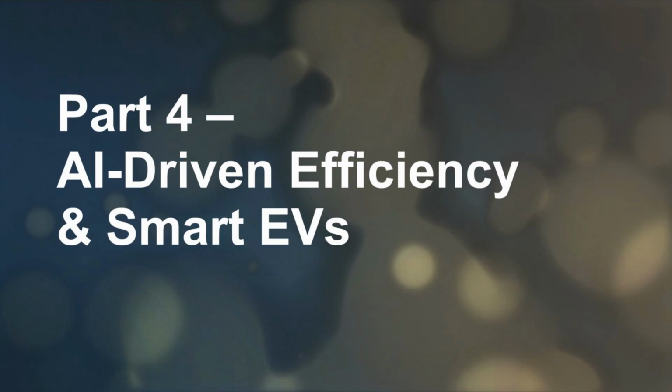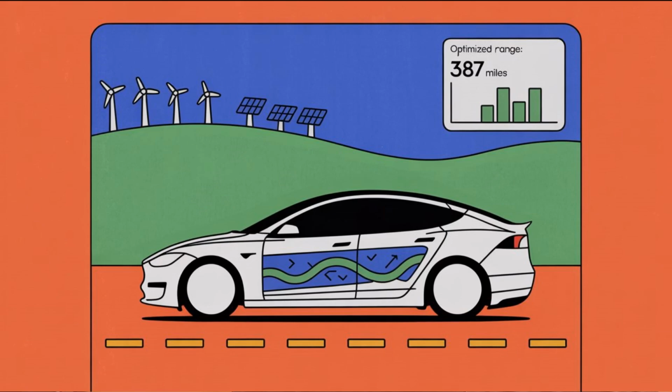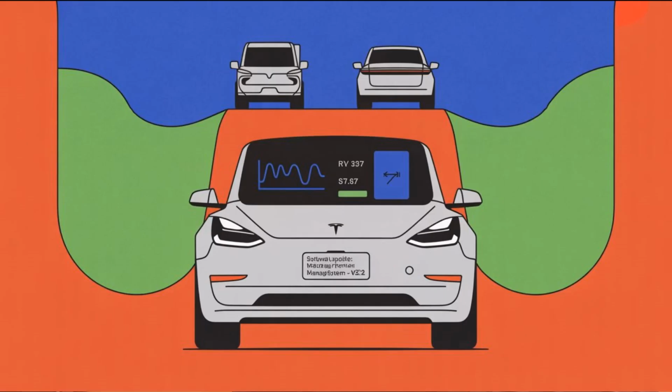This is one that's kind of sneaky. You don't always notice it, but it makes a difference. Tesla, Rivian, and NIO, they're all leaning into AI-driven efficiency. The car learns how you drive, figures out when you're heavy on the throttle, when you coast, and it adjusts energy flow to squeeze out more range. Some startups are even taking it further. AI that monitors your tire pressure, cooling, driving style in real time, basically making sure you're not wasting a single